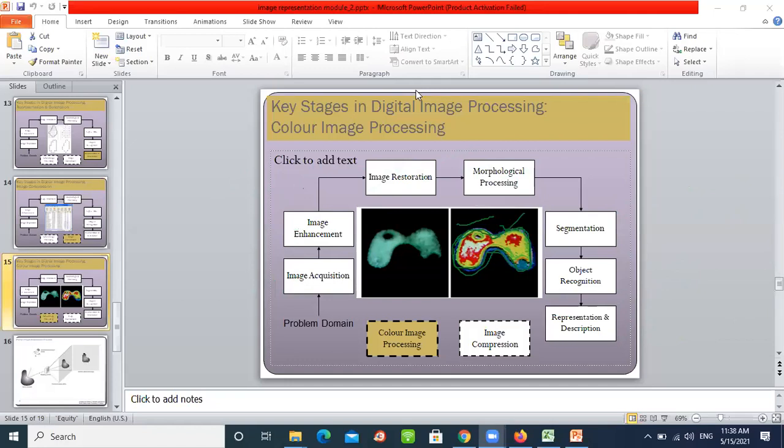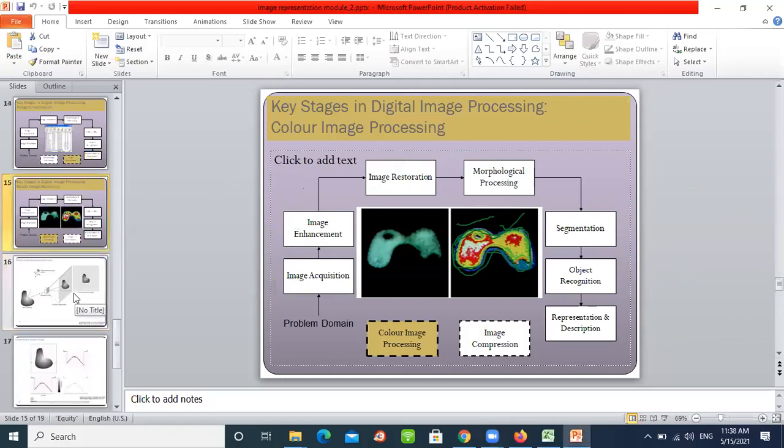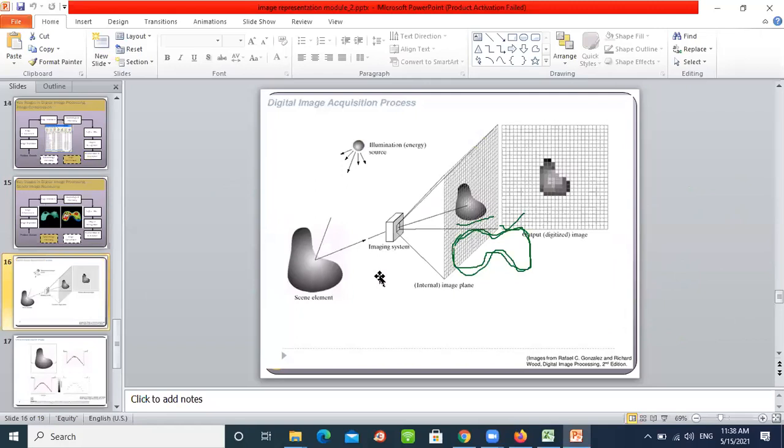Fine. So this is about the different steps that we have to follow during any image processing technique. We have already discussed this. After that, we discussed how to represent an image. As I said, images are represented in a digital format, or what is digitization, for example. So let us continue from there.